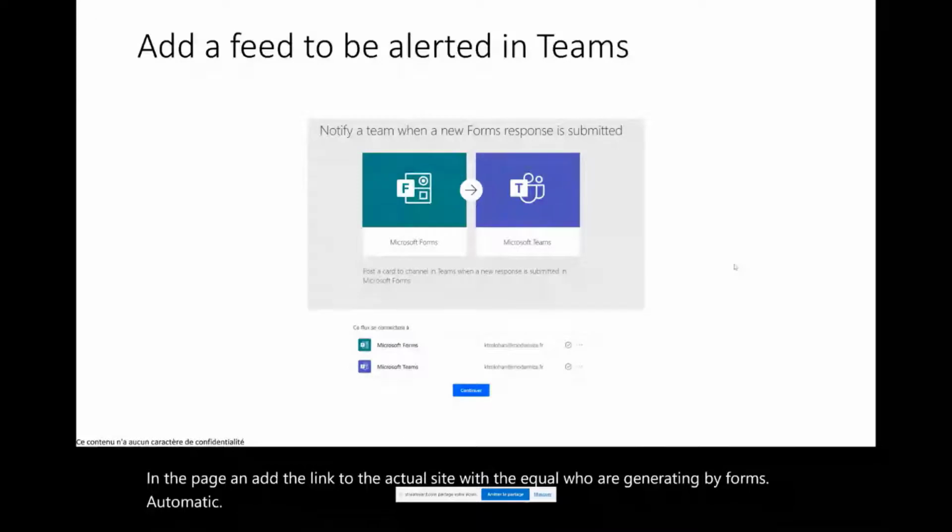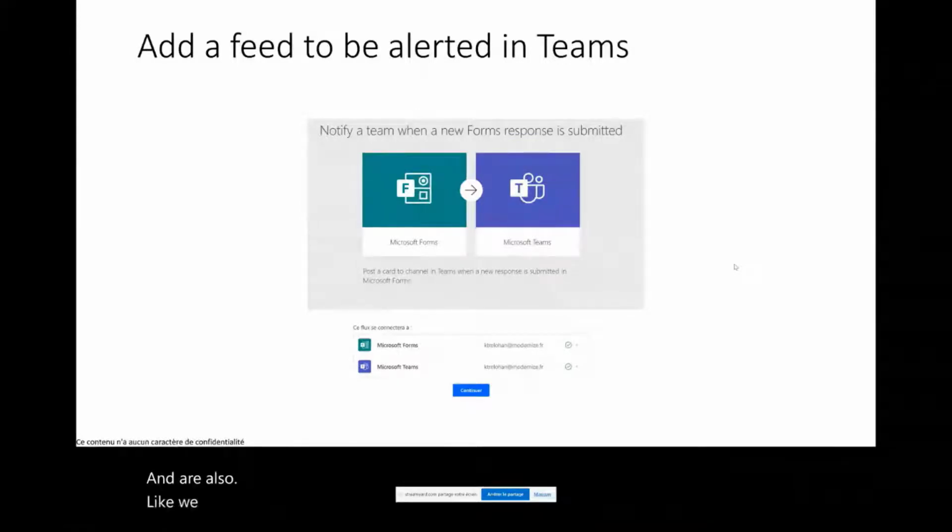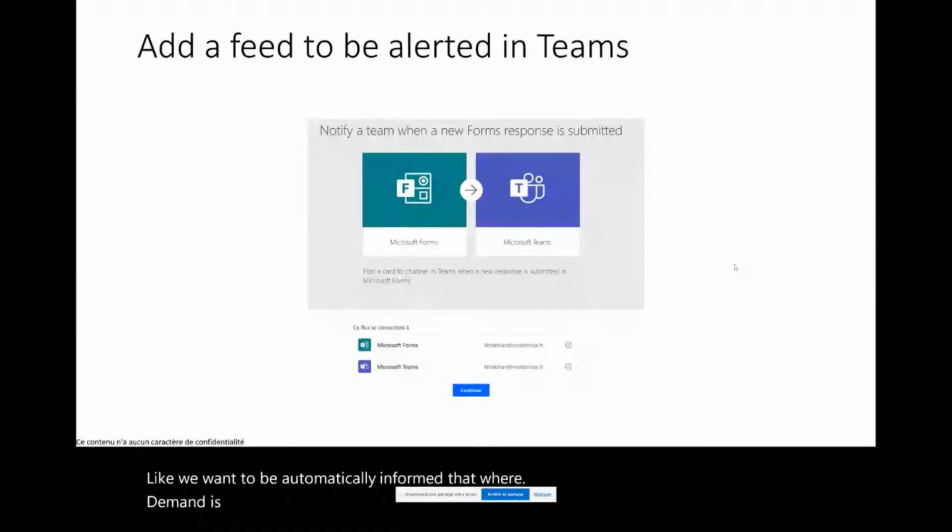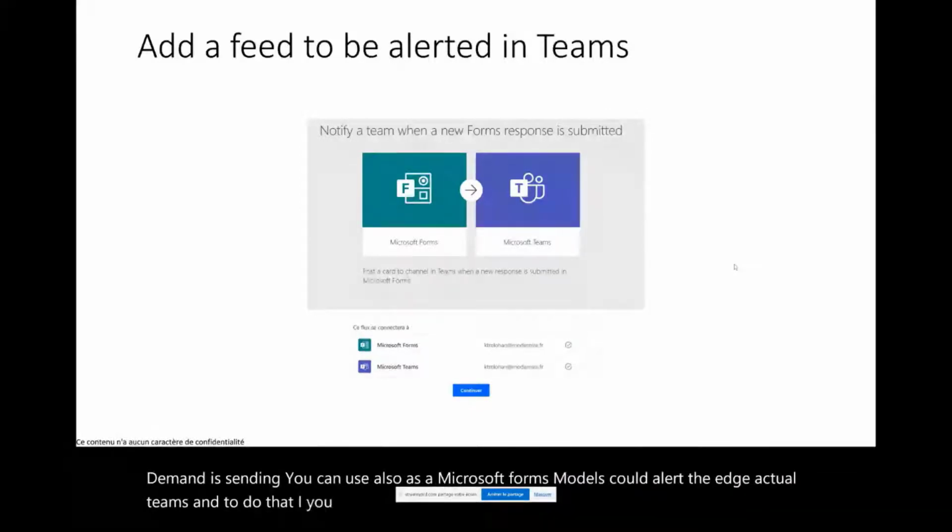Also, if we want to be automatically informed when a demand is sent, you can use the Microsoft Forms and Microsoft Teams templates to alert the HR team.